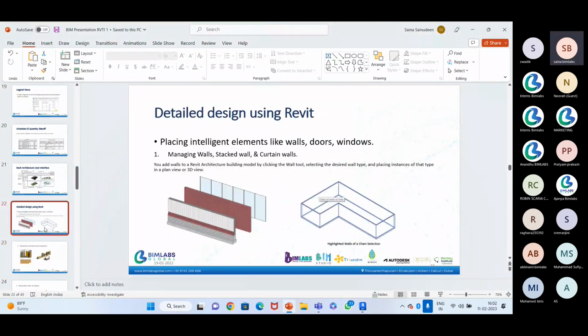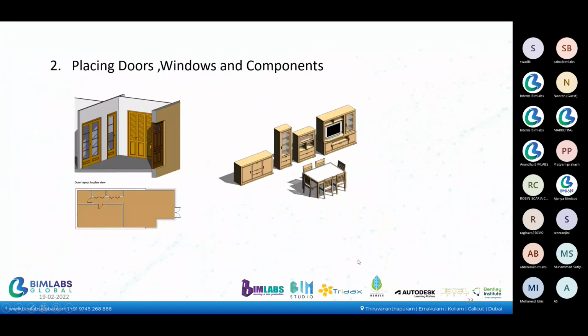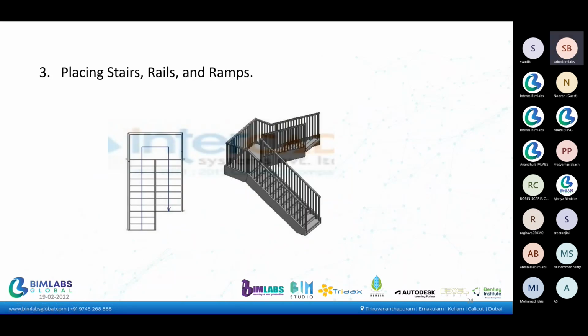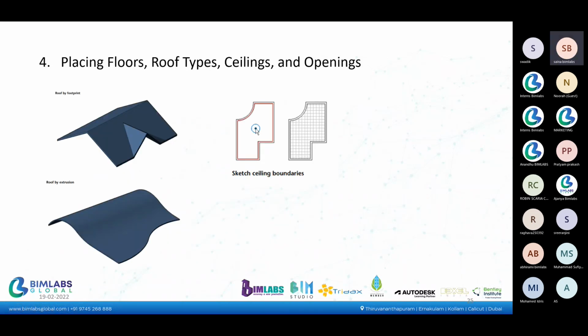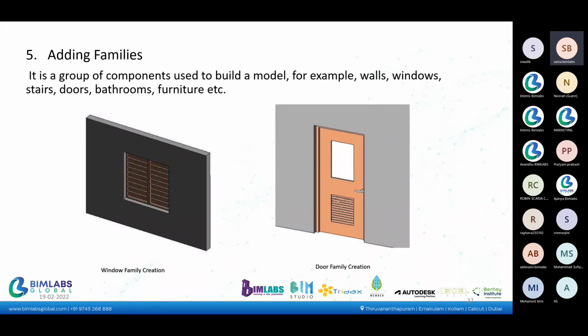So we can place the walls. We can place doors, windows, and components as I showed, and we can place stairs, rails, and ramps. We can create different types of roof. We can create ceilings and openings. We can also create floors with different materials, different layers of materials. We can also create some families. For example,